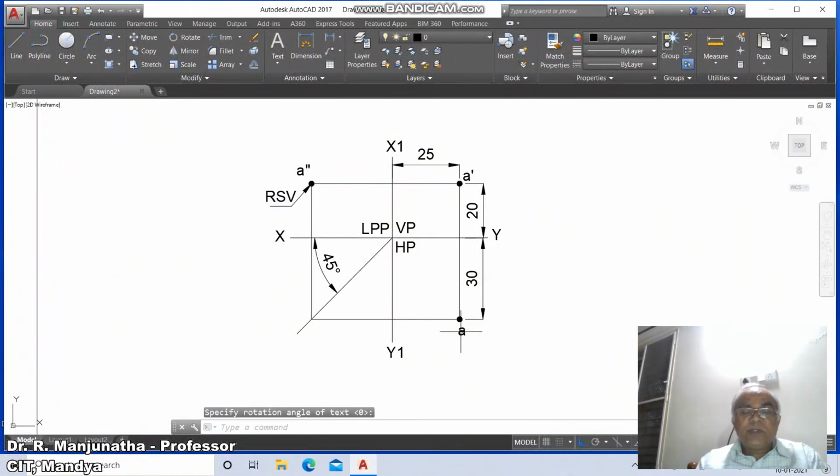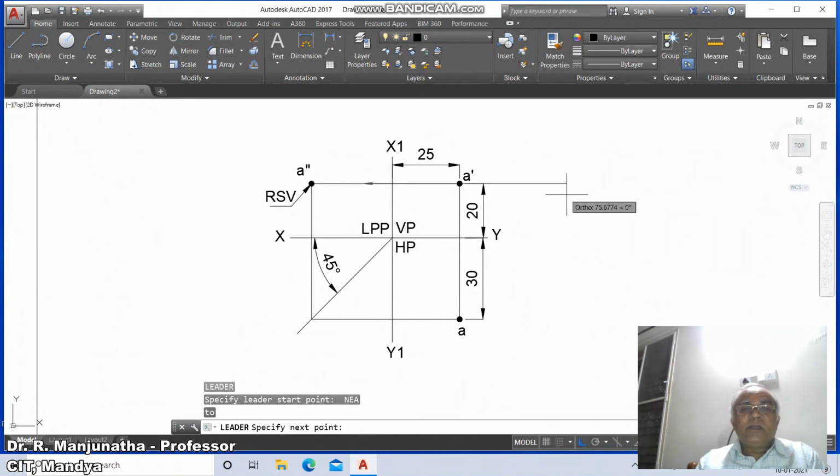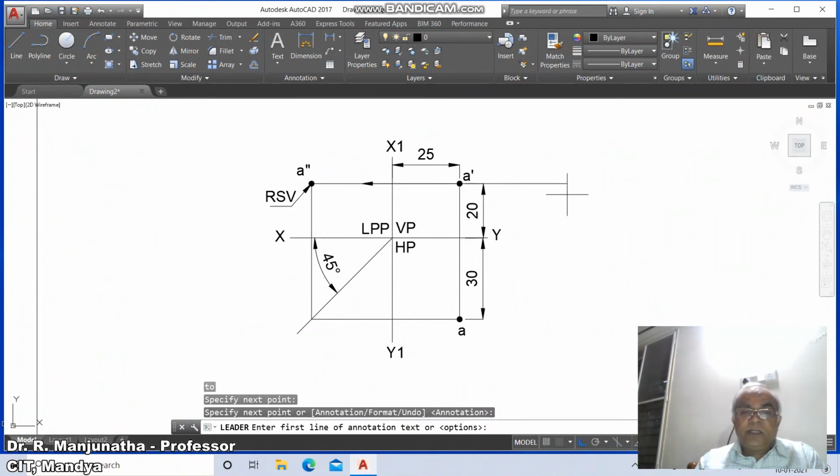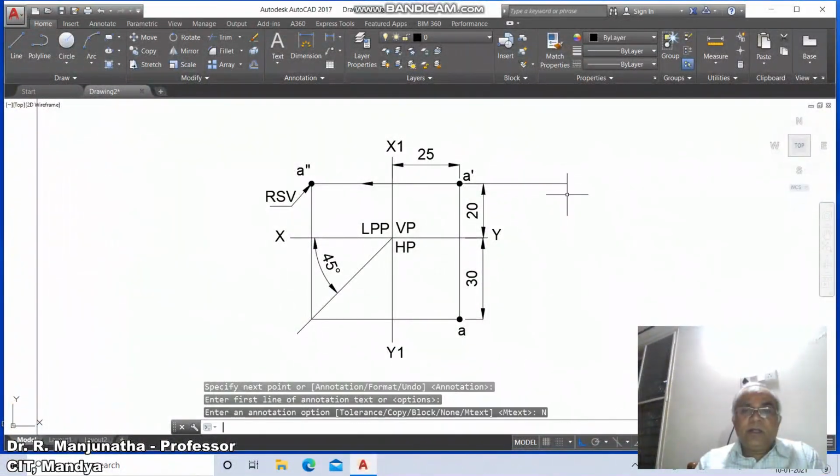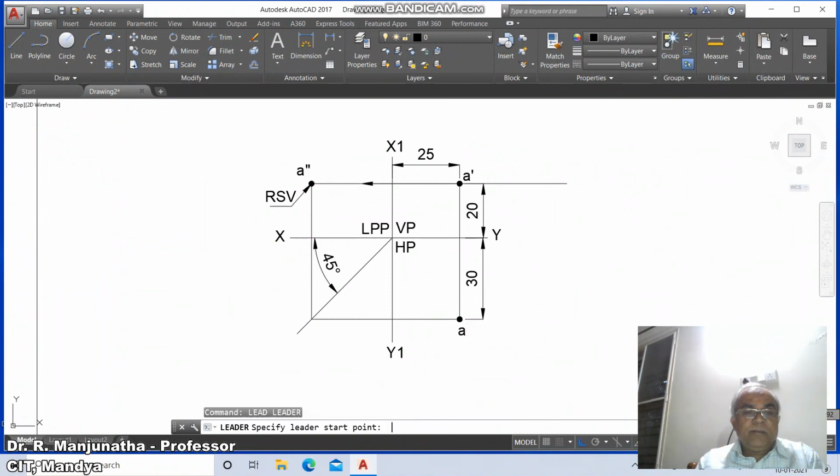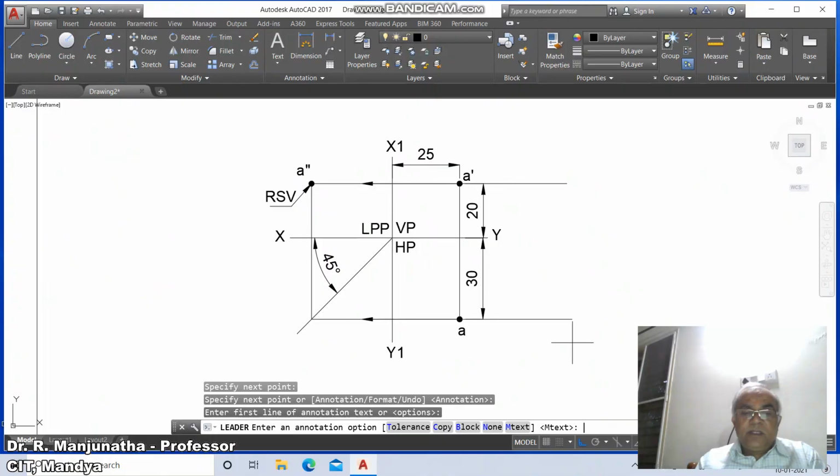Then we need to show the arrowheads, the directions of projections. So go to leader, take nearest point, and we are projecting from here. Annotation, options, none. Similarly, leader, select these two, nearest to this line and click here. Annotation, enter, options, enter, then select the none option here.